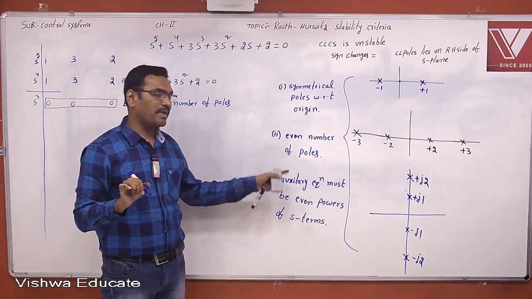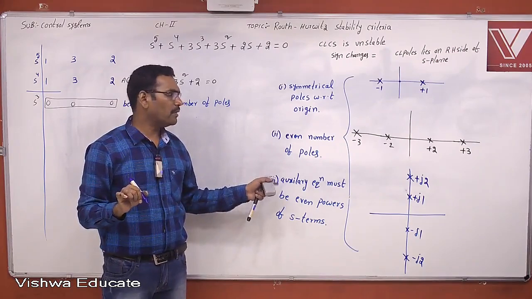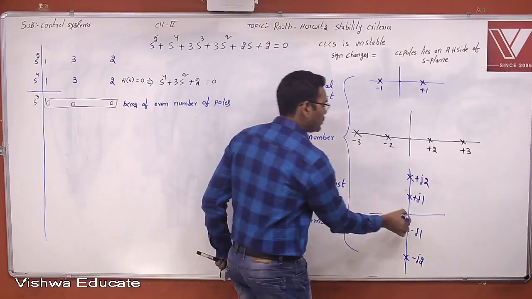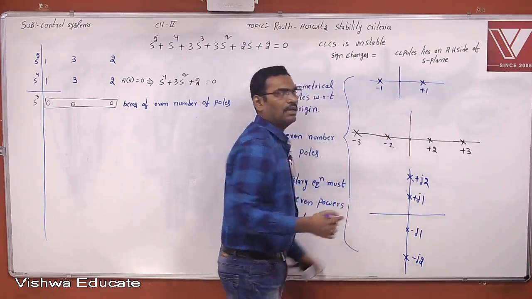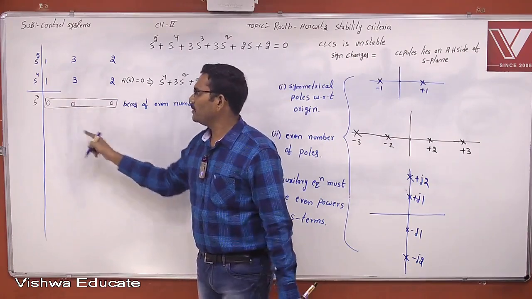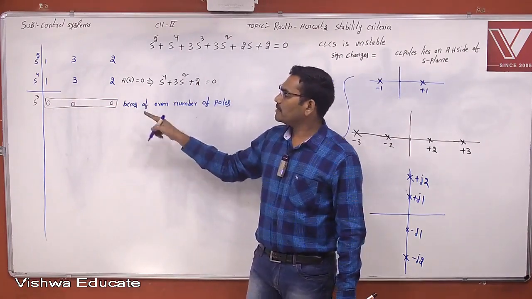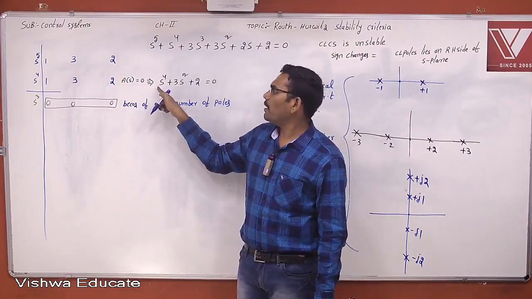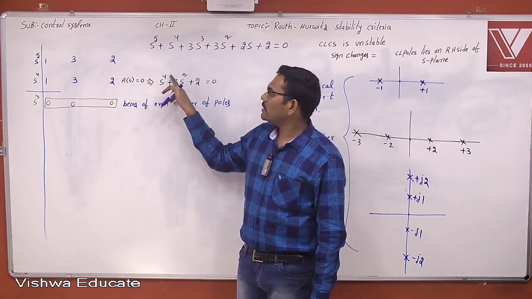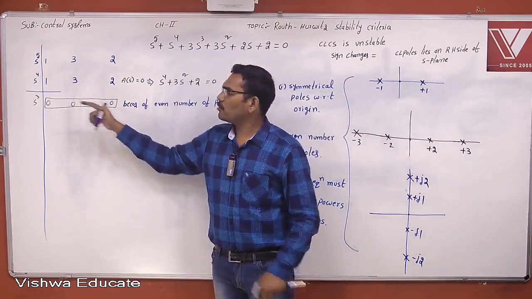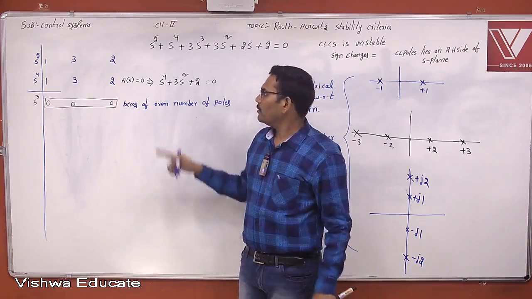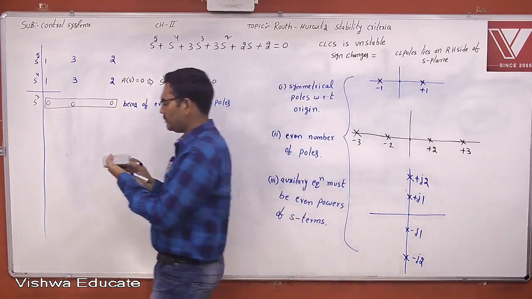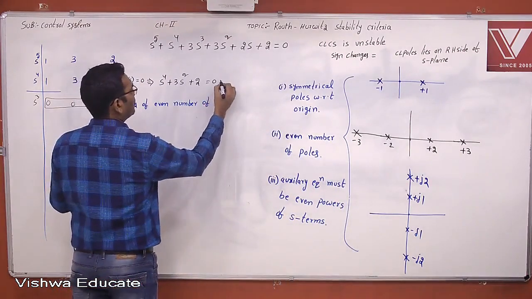Now the auxiliary equation must be even power. Why? Even power means an even number of poles, and with an even number of poles there is a chance of arranging symmetrically with respect to the origin, cancellation, and the row will become 0. So you replace the row of zeros with some quotients by taking the help of the auxiliary equation. The auxiliary equation is already even power, but the quotients you want to replace are in odd power. Therefore you differentiate this auxiliary equation, and you get odd powers, right? So if you differentiate this,